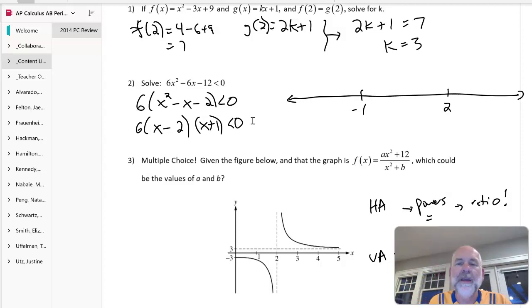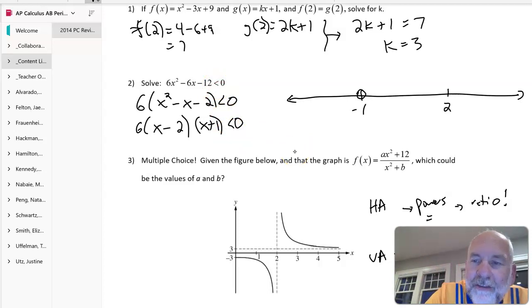Inequalities are different. So there's 2 ways the book showed how to do this problem. I'm going to show you both in this one. So, all right, what do we know? Well, we know that if you plug in x equal to 2 or x equal to -1, then it's equal to 0, so that's not a solution because we want strictly less than. So I made a little number line over here, and I'm going to mark that as not a solution and